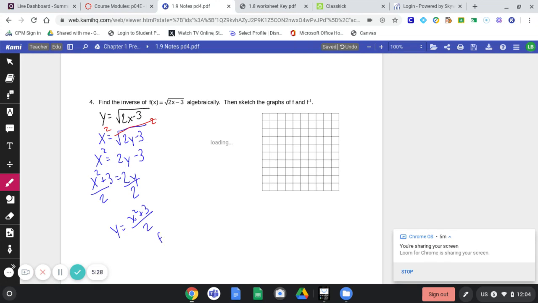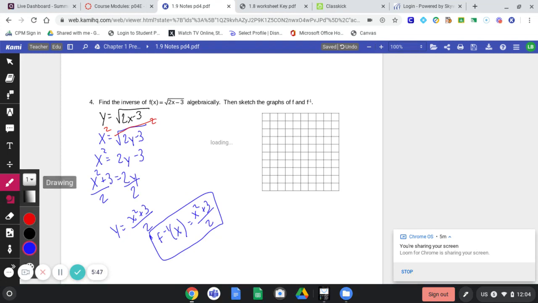And we just want to write that in function notation. F inverse of x is equal to x squared plus 3 over 2. Now I want to show you what is unique about this. And today you should have just learned about this algebraic inverse, solving that. But this is a unique problem because we want to sketch these. So let's see what happens when we sketch this graph that we were given, the square root of 2x minus 3. A couple things that we can note